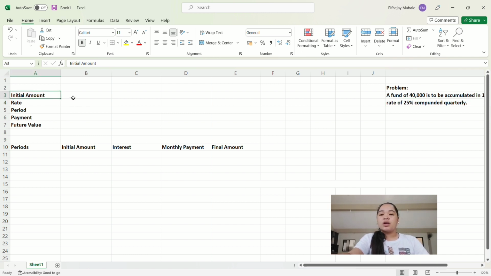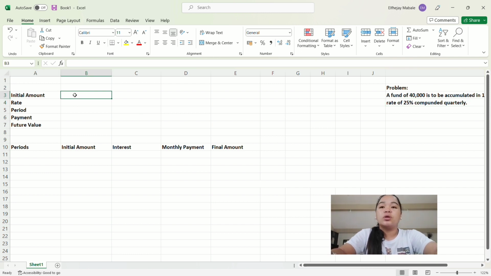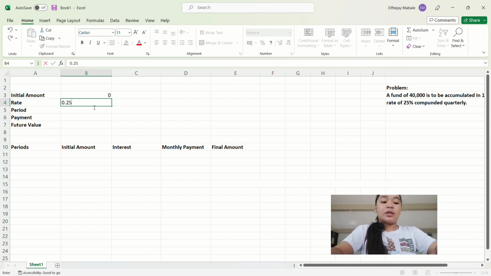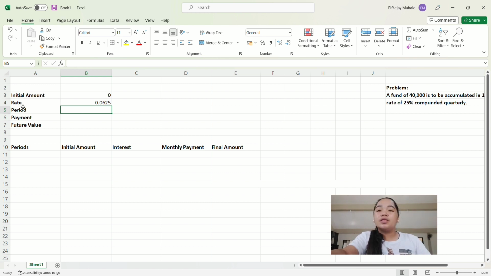So first, the initial amount is equal to 0. Enter. And then the rate. Our rate is 0.25 divided by 4, because 25% divided by 100 is equal to 0.25, divided by 4, which is our compounding quarterly. So let's not forget to put the equal sign. Enter. So our rate now is